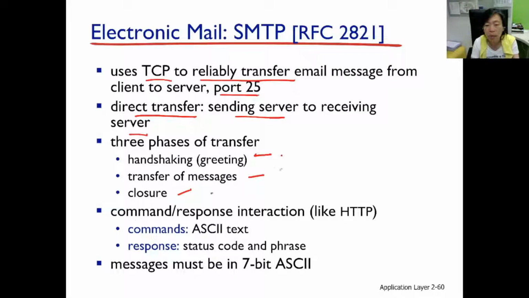The messages are also simplistic: just commands coming from the sending server and responses coming from the receiving server. Commands are in ASCII, just like HTTP and FTP. Responses have status codes and status phrases, just like HTTP and FTP. They all run in ASCII.